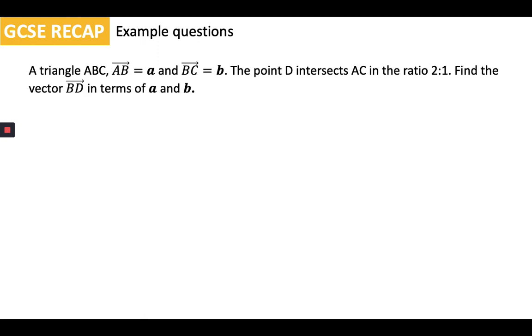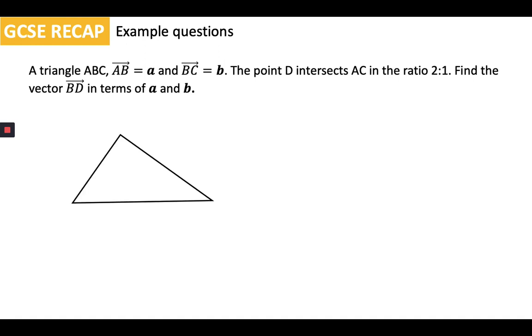So if I have a triangle ABC where the vector AB is A and the vector BC is B. The point D intersects AC in the ratio 2:1. I want to find the vector BD in terms of A and B. Now that's loads of information and it's difficult to digest right now, so the first thing I'm going to do,